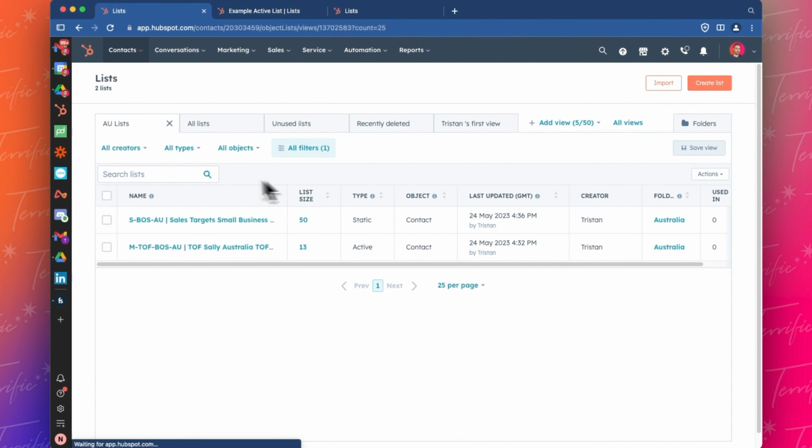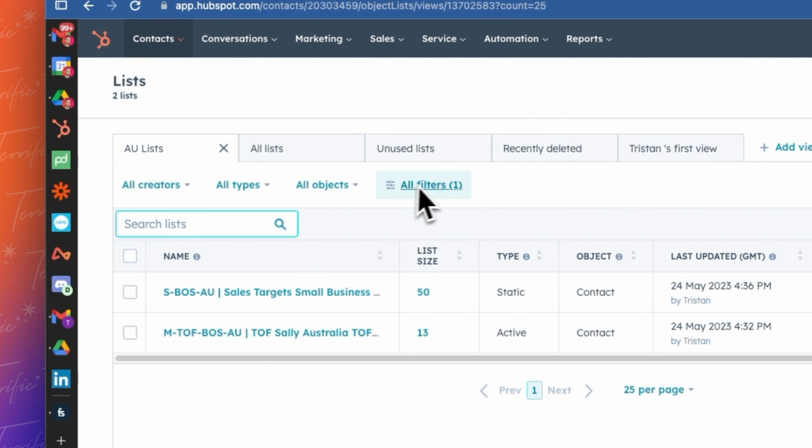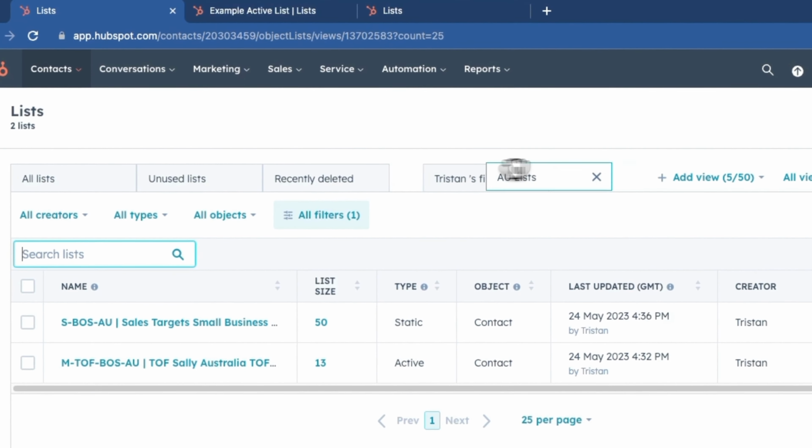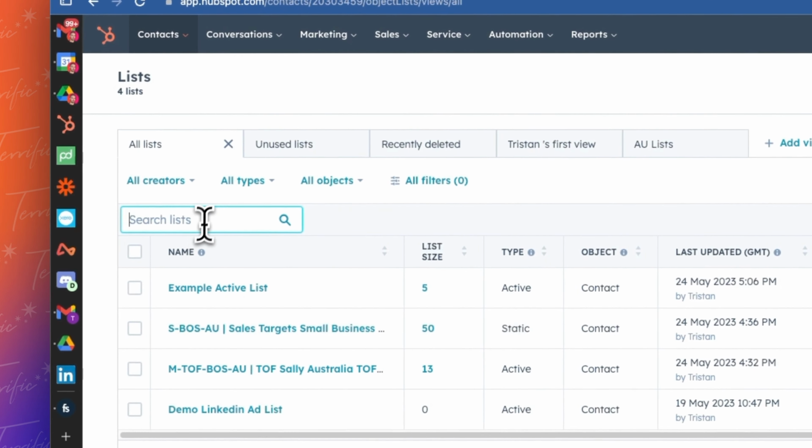So we've got our list, and we've been through all these filters. We've been through the saved view. We can always search lists as well. This sometimes can be even faster. Let's say it's a one-off thing you need to find. So you might just type in,